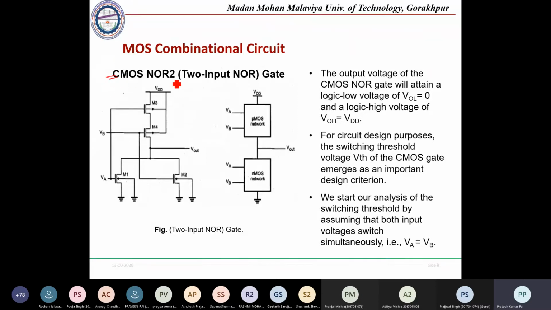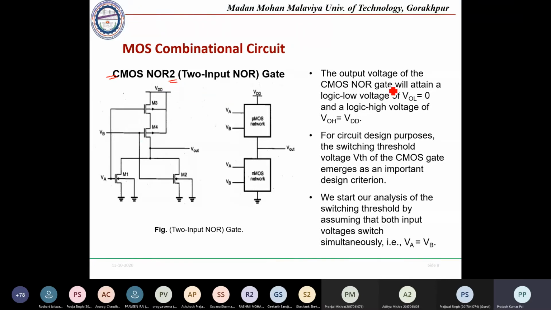We are going to implement a CMOS NOR gate. For the NOR gate, the logic will be implemented in terms of NMOS transistors, that is the pull down network, as a parallel form of transistors 1 and 2, and a similar representation will be there in terms of PMOS, but it will be the opposite. If it is connected in parallel, this will be connected in series. So for a two input NOR gate, two NMOS transistors will be connected in parallel, and its complement form, the PMOS, will be connected in series. So this is how the CMOS NOR gate is implemented.